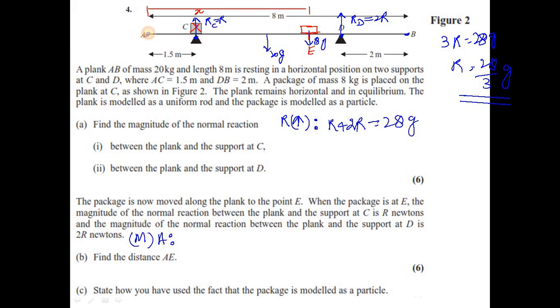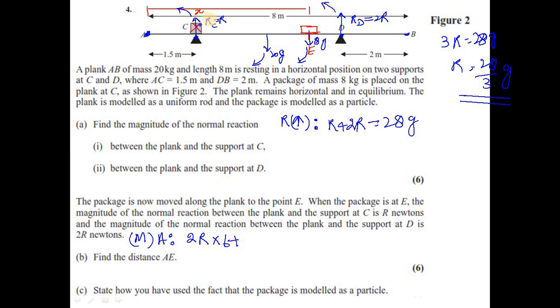So for moment about A, I have two clockwise moments and two anti-clockwise moments. Meaning, due to 8G, the rod is going to rotate clockwise, and due to 20G, it is also going to rotate clockwise. While due to R, it is going to rotate anti-clockwise. This is also anti-clockwise. So if you write anti-clockwise moment, due to force 2R, which is the normal reaction at D, you need the total distance. Clearly, the whole distance is 8 and this is 2. So from A to D, this is 6. So 2R times 6